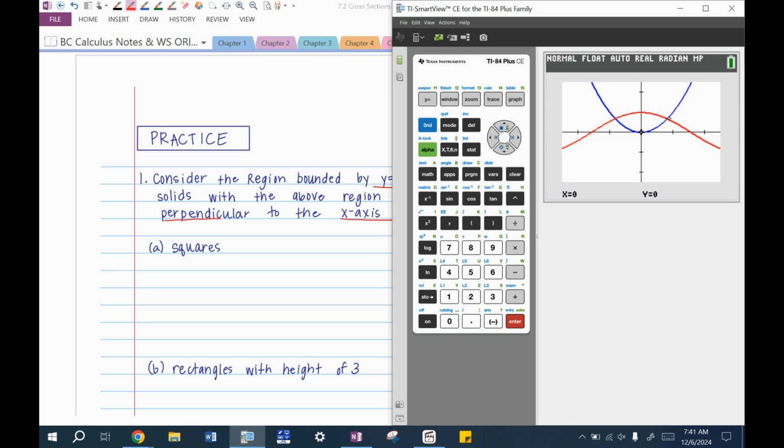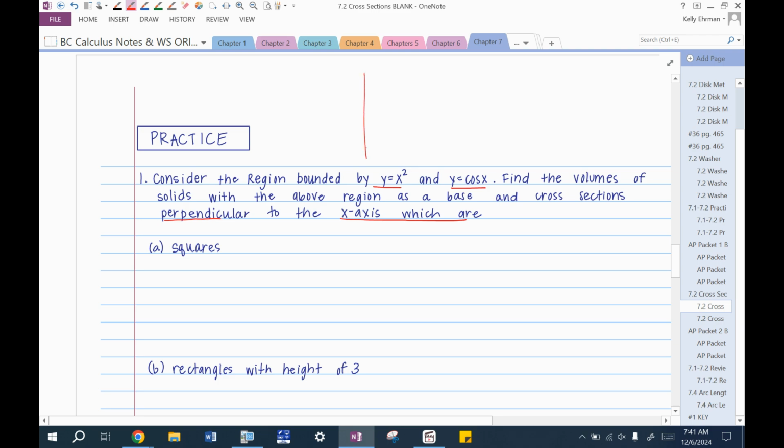Because all the shapes are going to be perpendicular to the x-axis, I just need the x points where they intersect. And this is symmetric, so if I just find one of them, I should be able to say what the other one is. So I'm going to sketch this region here in general. We have our x squared graph doing this. We have our cosine graph doing one of these. This is symmetric. So A's here and B's here. I just found B,